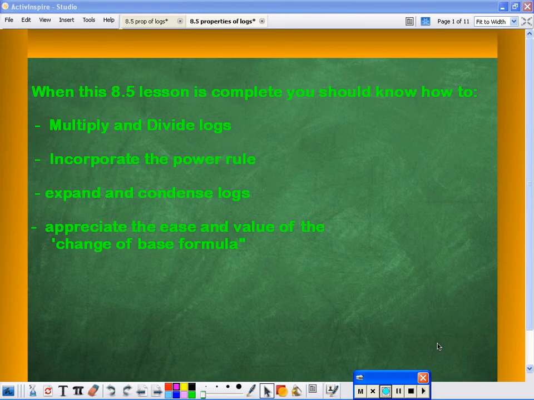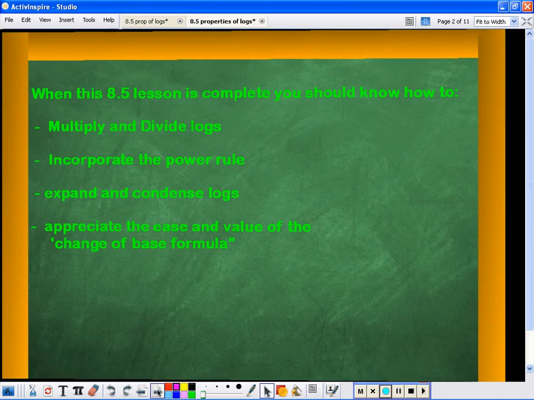Hi there. More of our quality time together today, learning about multiplying and dividing logs, incorporating the power rule, expanding condensed logs, and you are going to like this change of base formula that I'm going to introduce to you. This is lesson 8.5, and before we get started with our notes, I want to talk about something you already